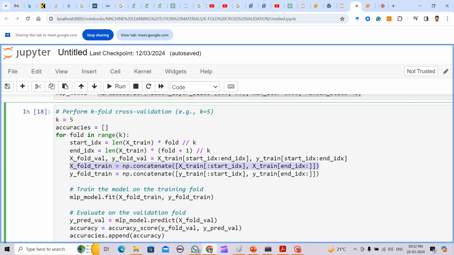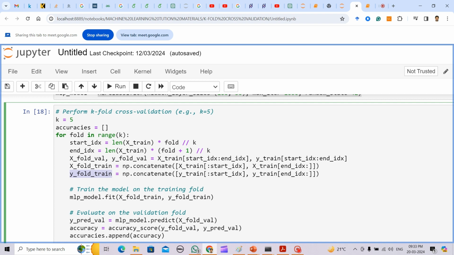Why concatenate? Concatenate because if you just try to imagine an array having 5 pieces, if the second piece is the validation, that means the first, third, fourth and fifth are the training set. So you have to concatenate the first piece with the third, fourth and fifth piece. So concatenation has to be there. That's why the concatenation function is needed here, which is present under the numpy package, and we get the x data. Similarly we get the y for the same index,